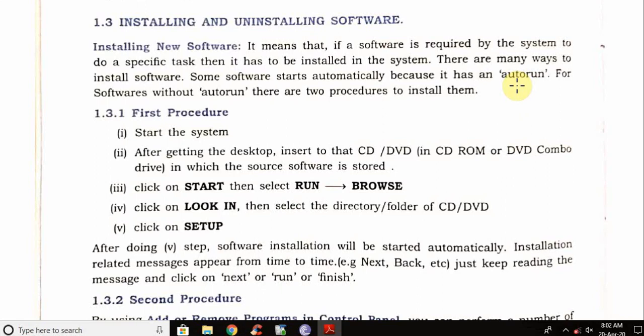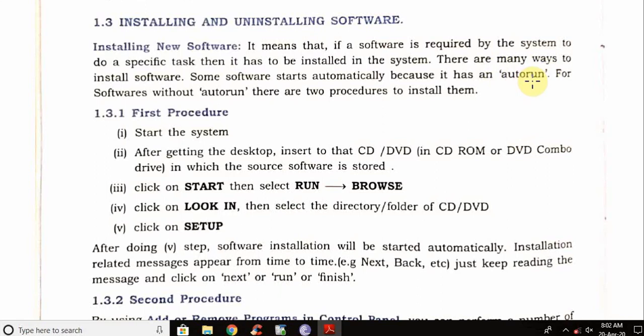During early days when CD drives were used, there was a file called autorun. Students, please pay attention to the mouse cursor, highlighted with yellow color. This is a file called autorun.